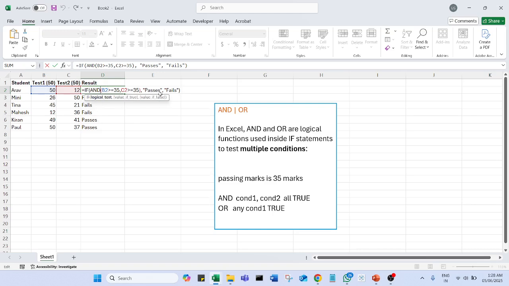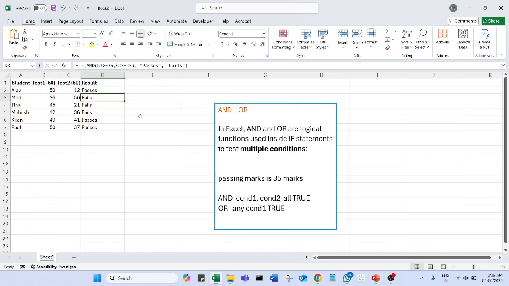So here now, if I just change AND to OR, the whole logic actually changes, which means that B2 should be greater than or equal to 35 or C2 should be greater than or equal to 35. Okay, so if you look at the result here, in fact everyone passes because everyone has either cleared one of